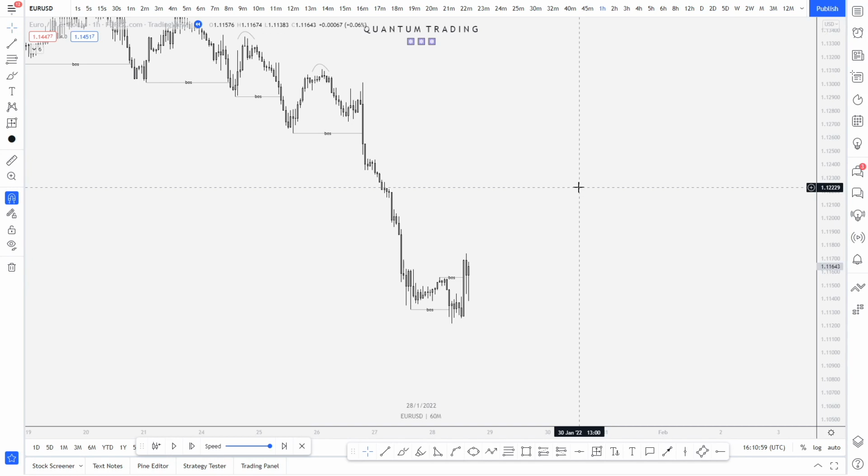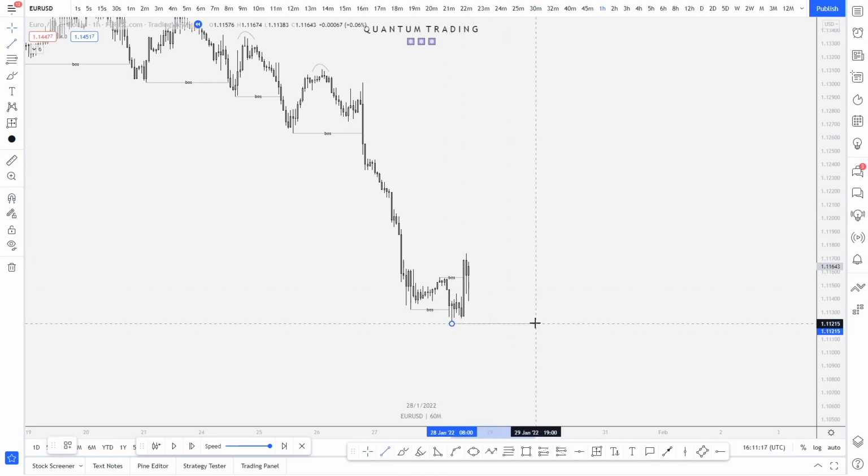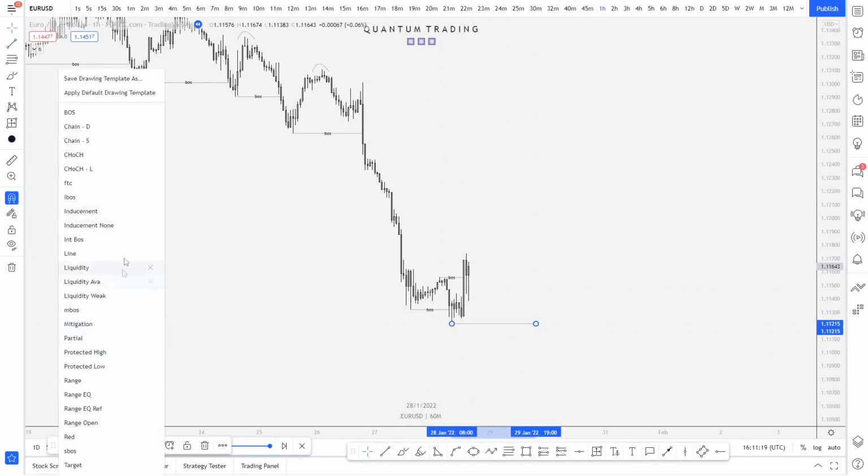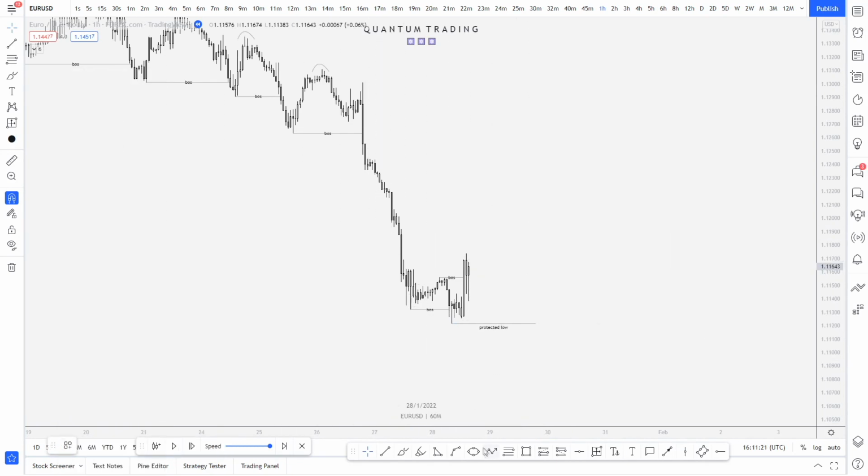So when we're in a bullish trend, what do we expect to see? We expect to see bullish market structure, which is higher highs and higher lows in the market. What do we know when we have a bullish trend? We have higher highs being consistently taken, whilst the higher lows are never getting broken. So we understand now in a bullish trend that we have protected lows within the market. We do not expect these to get broken, so we understand it's the lowest point that's led to the